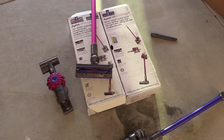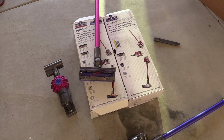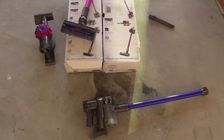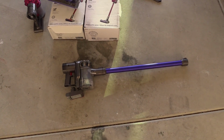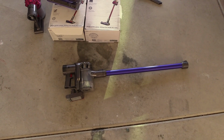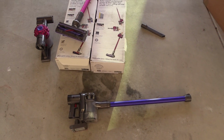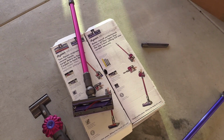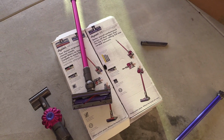But the thing is now more than ever, it does take research to make an informed purchase of a Dyson cordless vacuum. And that's a little bit disappointing because, again, back in the old days, it was fairly simple. I could tell somebody, hey, get the DC44 Animal, that's a good buy, or get the DC35 Animal, that's a good buy. But right now it is a little bit confusing. So it's taken me a couple of months to really put my feelings together on this. The V6 Absolute is the route